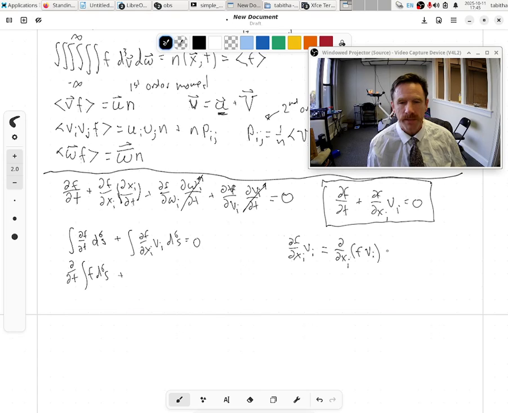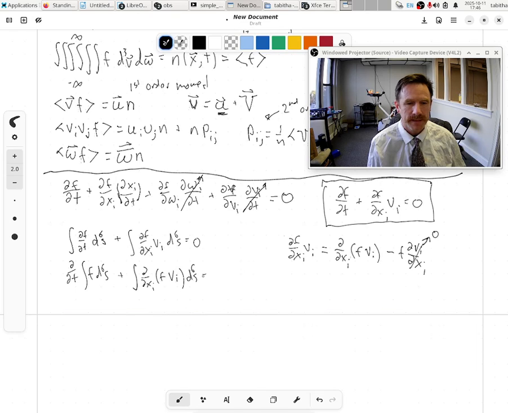And this is by the chain rule, but this term is 0. These are independent variables. And so we can write this guy here as the integral of d by dxi of f vi